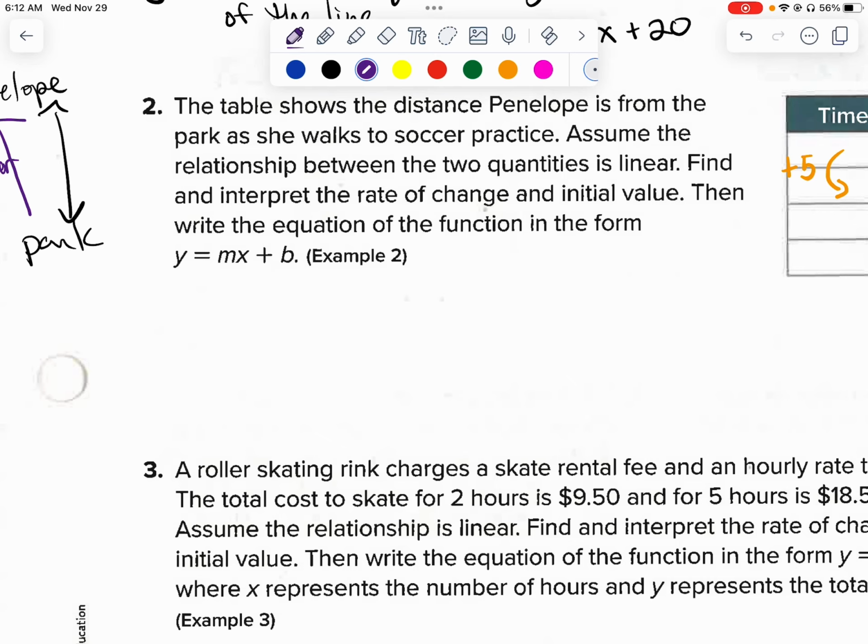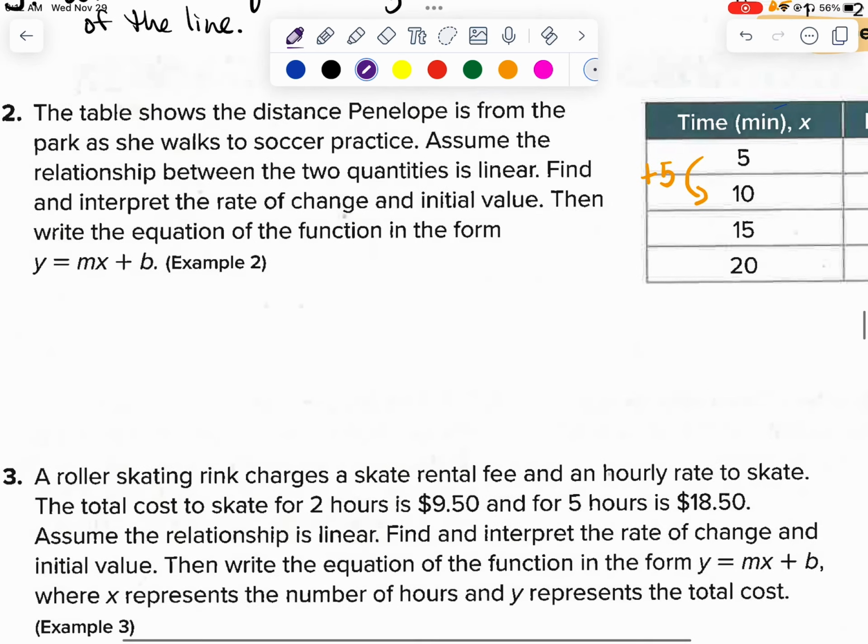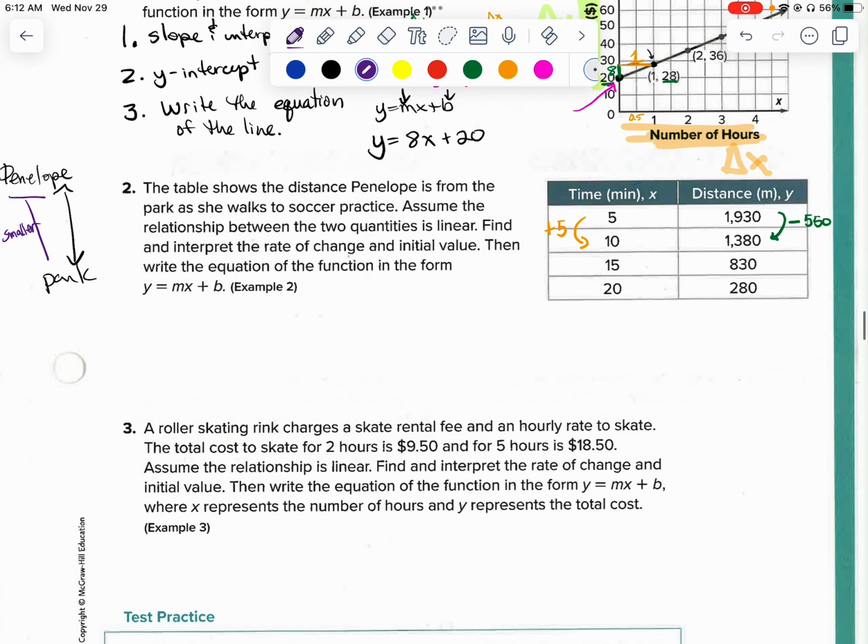Okay, so if I'm talking about the slope, it is equal to negative 550 over 5. So when I simplify that, my slope is negative 110. But I need to interpret that. That means